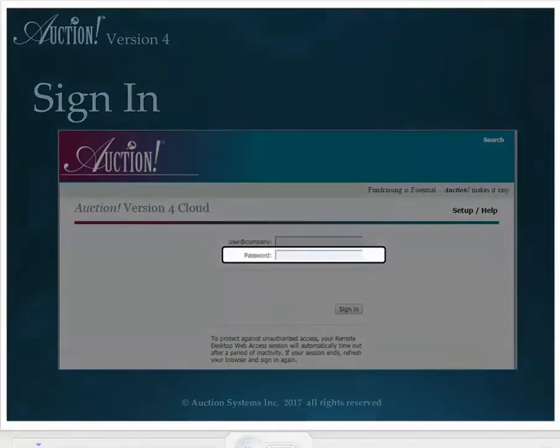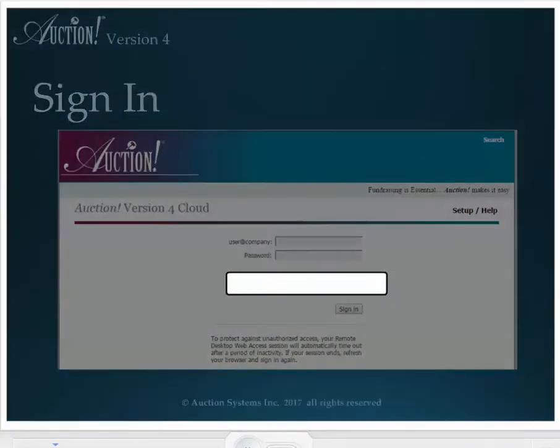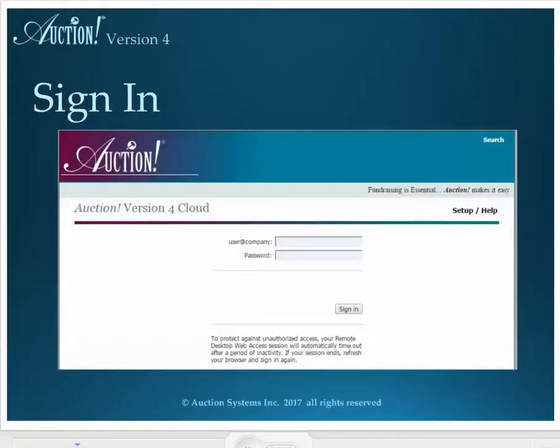The first time you click Sign In, you will see a red warning right here that the password has expired, and it will say click here to change the password. When you click the word here, which is a hyperlink, you will be redirected to a new page where you have to re-enter your username and the current temporary password, and then create a new password, which you will enter